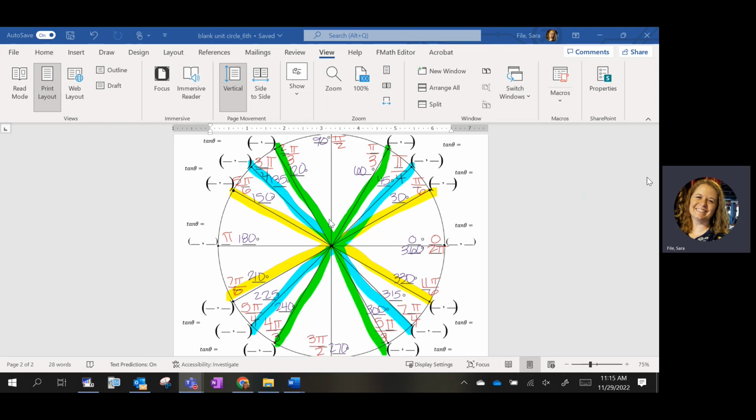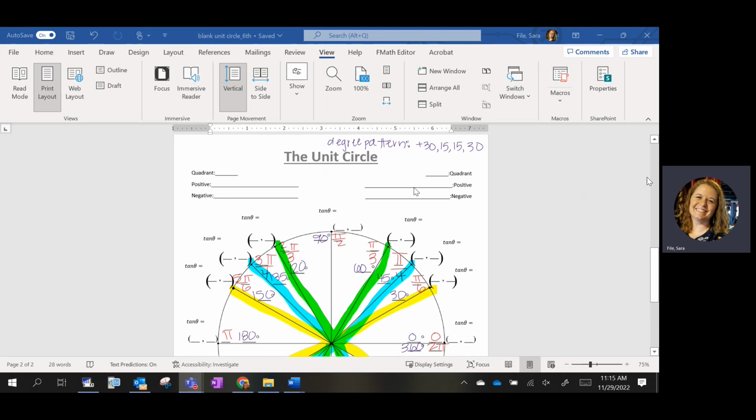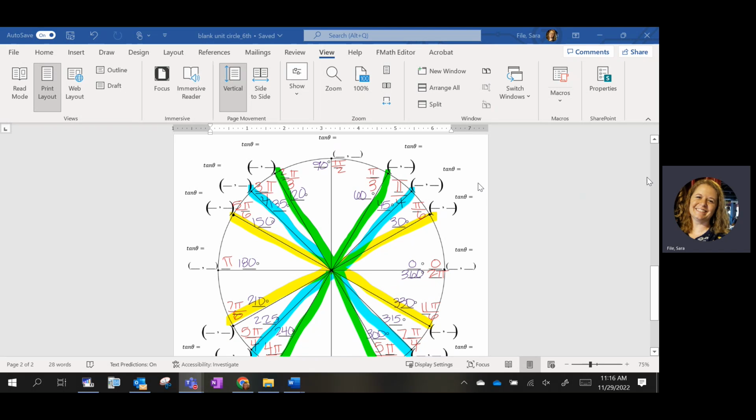Okay, so remember, I just pointed out the pattern for degrees. To fill in degrees, you can do plus 30, 15, 15, 30. So starting at 0, plus 30, plus 15, plus 15, plus 30. And then do it again, plus 30, plus 15, plus 15, plus 30. And that's one way to go around and get all of your degrees filled in, using that pattern. Okay, and then the radians,